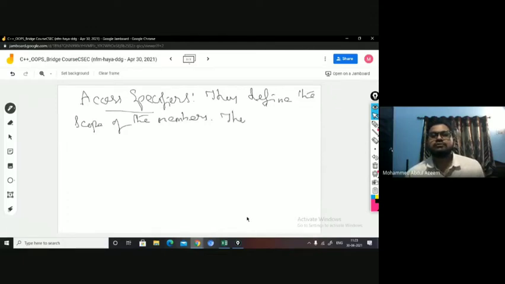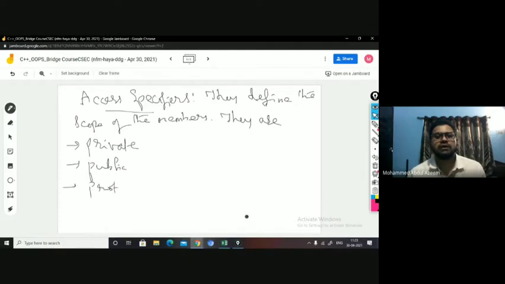They are: first one is private, second one is public, third one is protected. Now, if you don't mention the access specifier, what will be the default one? Default is private. Okay.